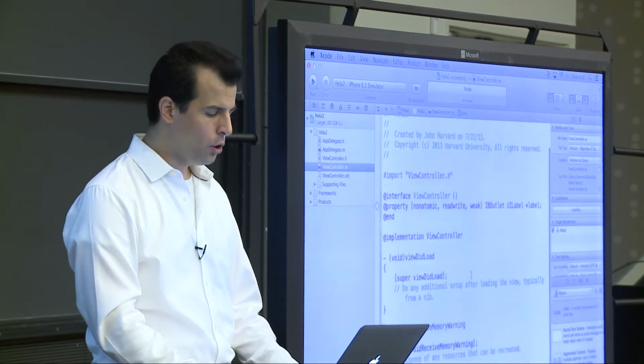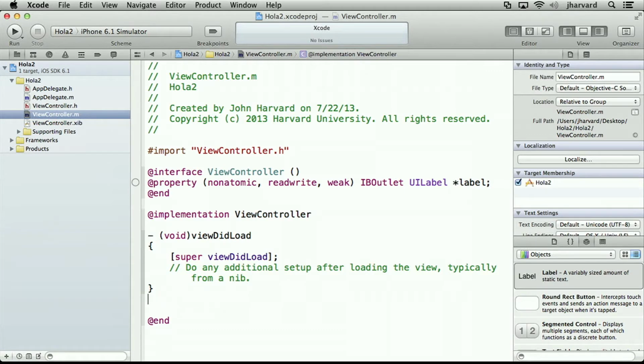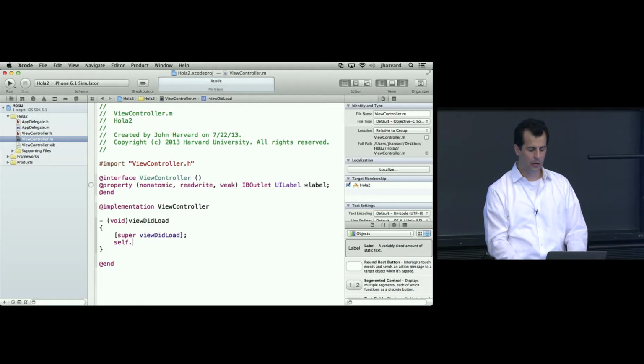So what do I want to do? Well, I'm going to get rid of the didReceiveMemoryWarning. There's not much we can do if this application runs out of memory, because there's terribly little going on, just that UI label. And I am going to put some additional code into viewDidLoad. First, again, by convention, I'm going to call the parent class's viewDidLoad method, whatever that happens to do. And when this view loads, so when the nib is loaded from disk, and the rectangle is constructed, and that UI label is placed in the middle of the screen, I want to do one last configuration detail, namely